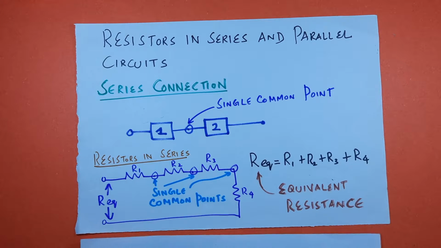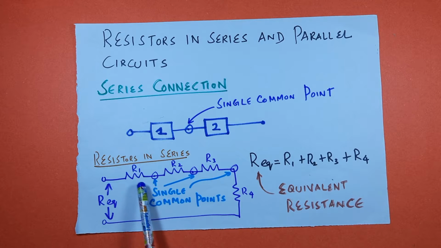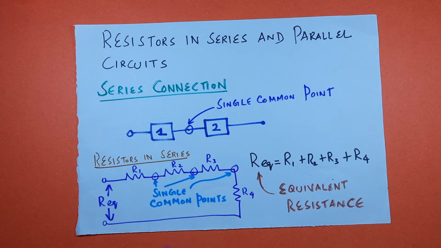So now we shall see resistors in series. We have four resistors R1, R2, R3 and R4 connected in series. Between R1 and R2 you have one single common point. Between R2 and R3 you have one common point. Between R3 and R4 you have one common point. So we can say these four resistors R1, R2, R3 and R4 are said to be connected